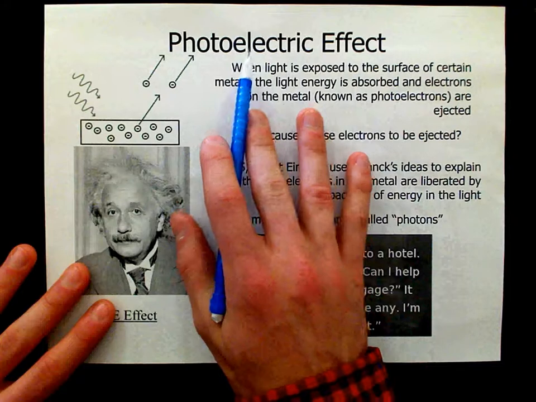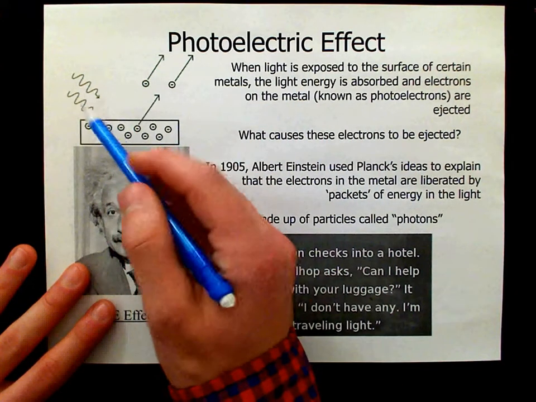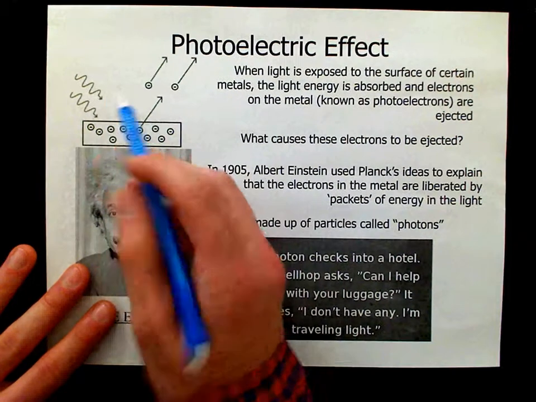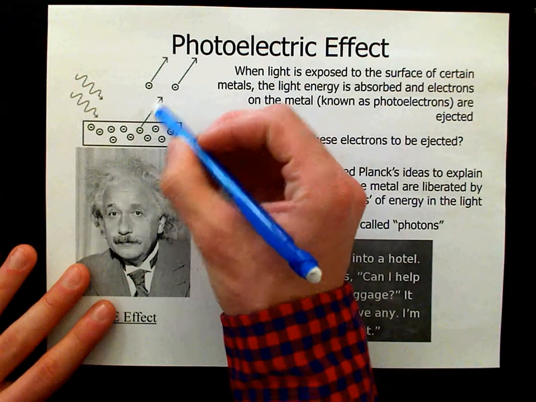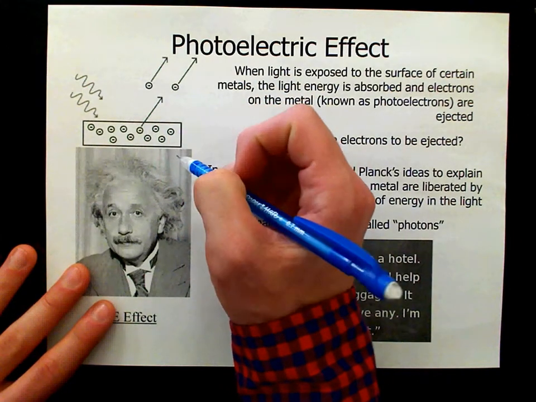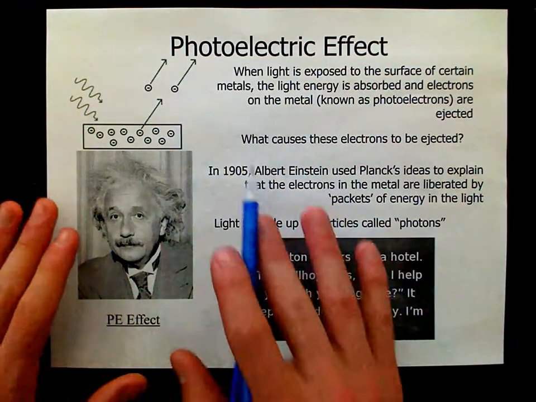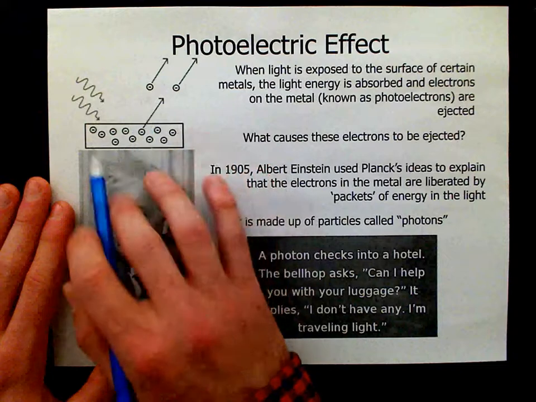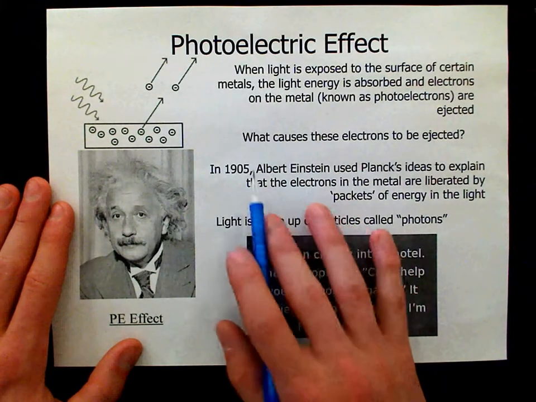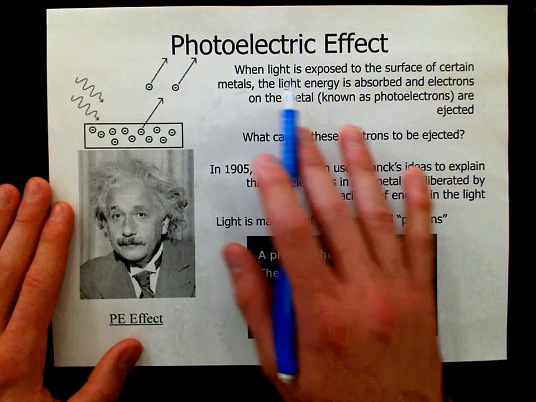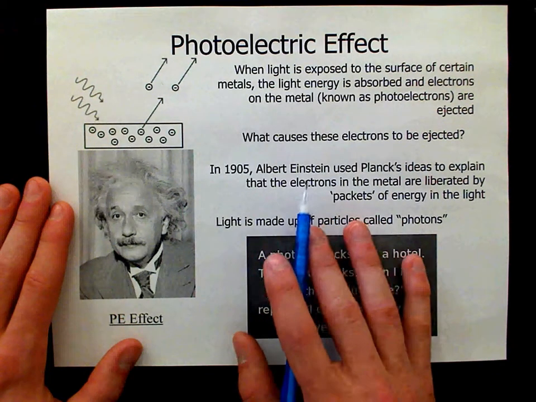So what the photoelectric effect proved and showed, if we have specific waves coming in at specific frequencies, specific intensity, it doesn't matter. When they come in and they hit an object, we notice that a few electrons will bounce off. A few electrons will become liberated. Now, what caused this to happen? Well, Einstein started thinking a little bit more about the photoelectric effect, and he used Planck's ideas to show that the photoelectric effect